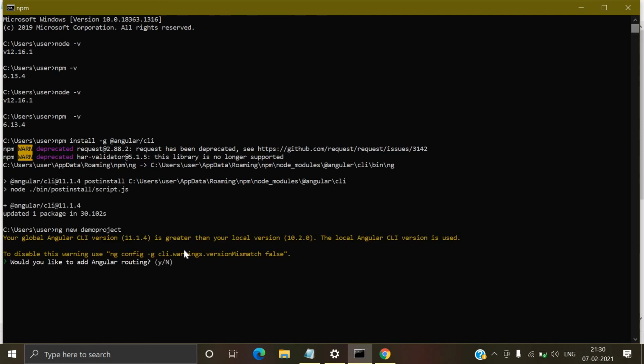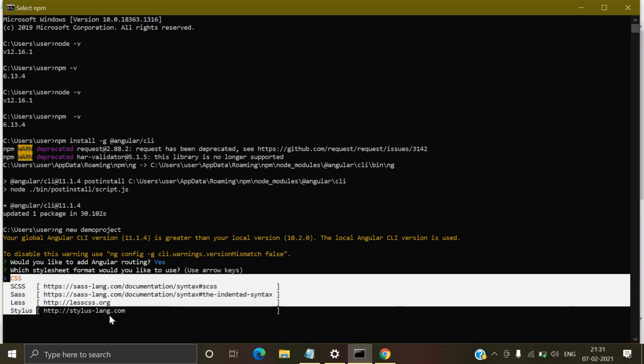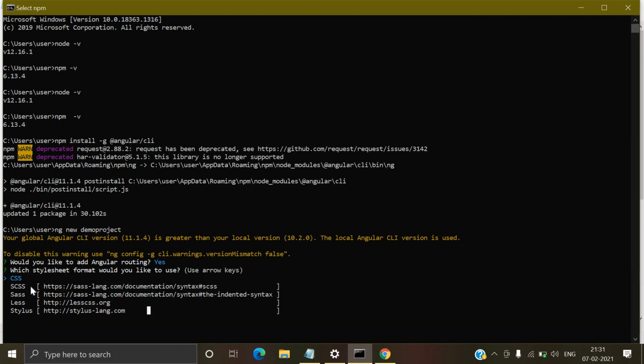Give me a few minutes. Here you can see it is asking, would you like to add Angular routing? Definitely I will use Angular routing, and if you want to use it, you can press yes. Here there are a lot of CSS frameworks. If you want to use SCSS you can, but I will use CSS.